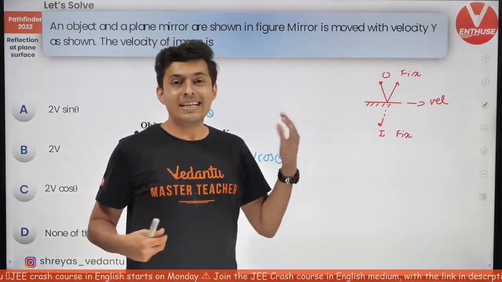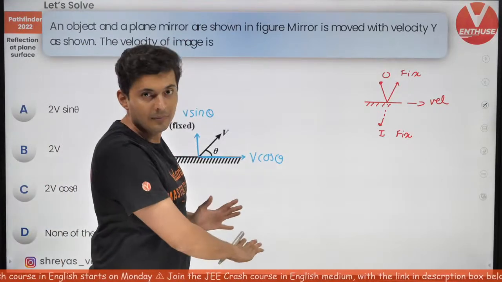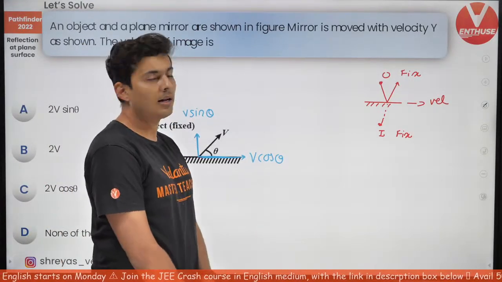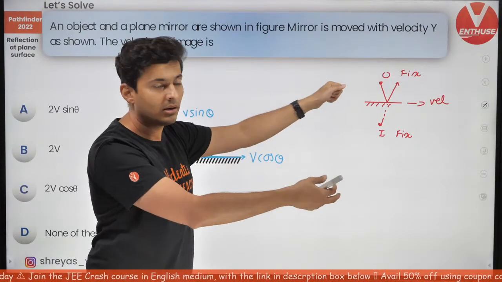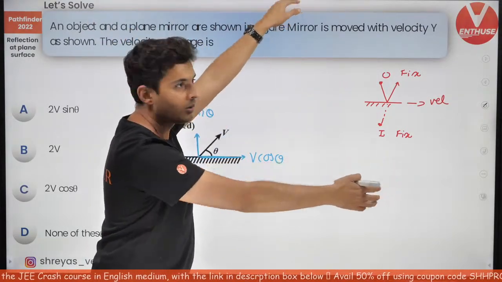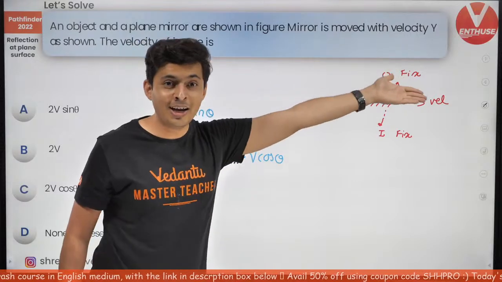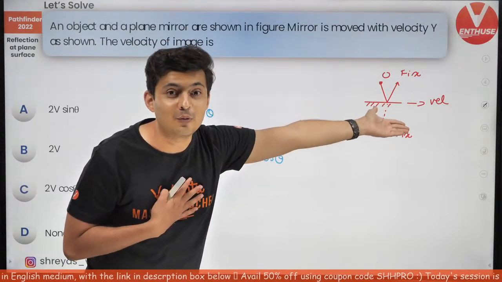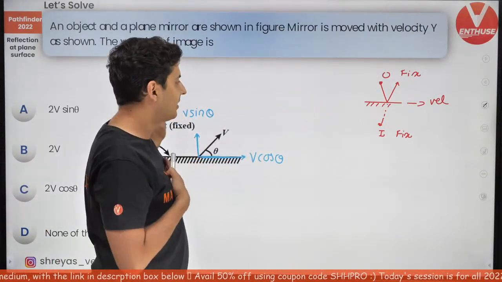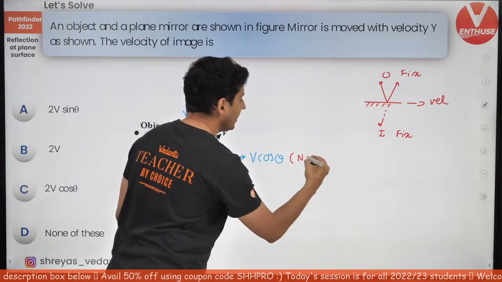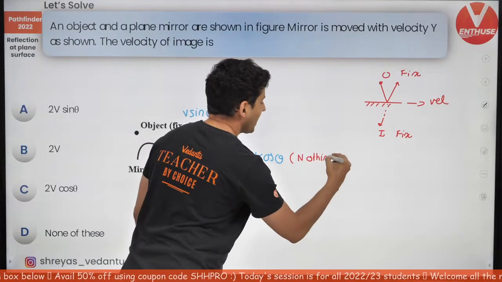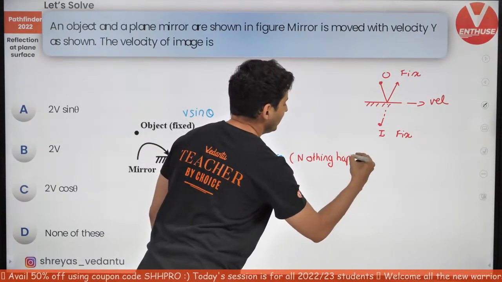Mirror is just moving. It's like, imagine this board is the mirror. I am standing here. I am not doing anything. Somebody moves the board. Somebody drags that board. Will my image also start moving? I will be scared if that happens. So it's got nothing to do with it. So here, because of this component, nothing will happen. Nothing happens because of this component.